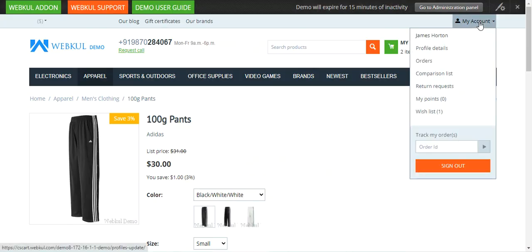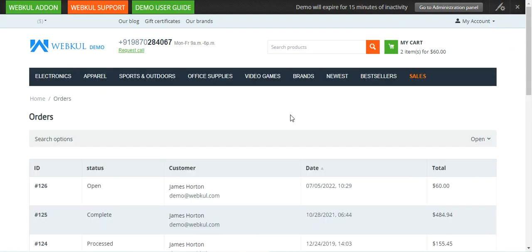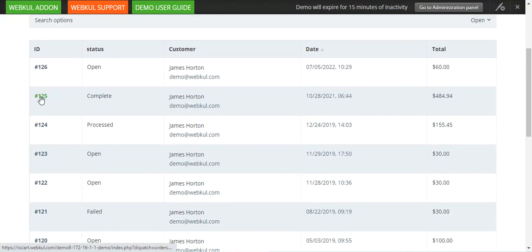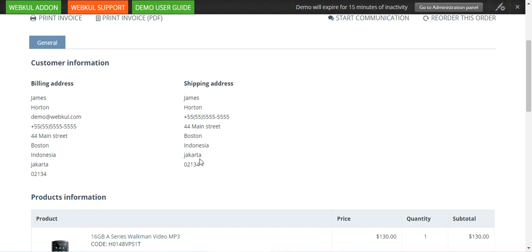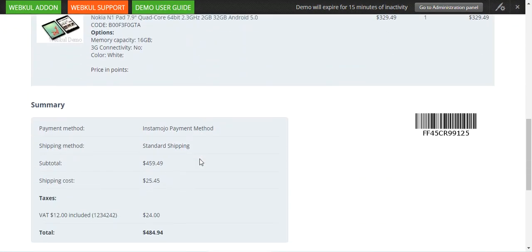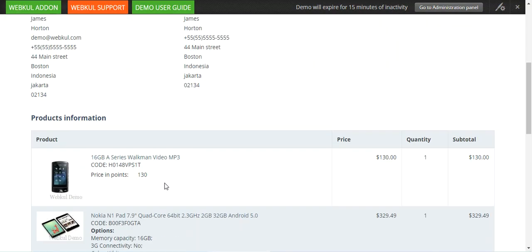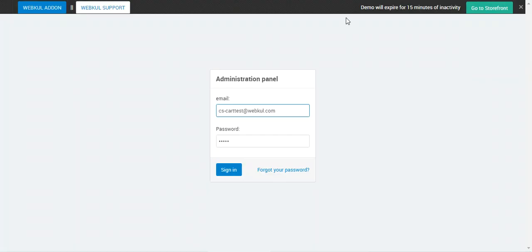Now let's go to my account and orders section, and here if I go to the order number 125, that's complete right now, as you can see. And here we can see that under the summary we have the payment method as Instamojo payment method. The shipping method is standard shipping, the subtotal is $459, and the shipping cost is $25.45. Now the same can be viewed by the admin in the admin backend panel by logging into the